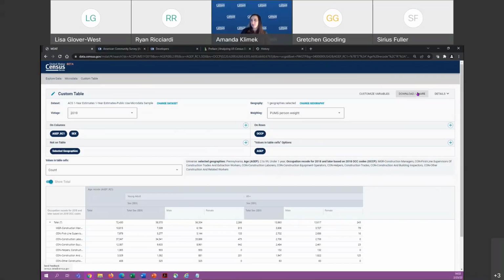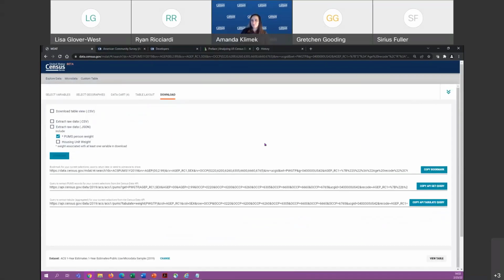So you can go to this download share section here, and you can download the table view. You can download it as an Excel file. That's pretty self-explanatory. You can hit download table view, or you can extract the raw data, essentially the data that you'd be using to create this table yourself.